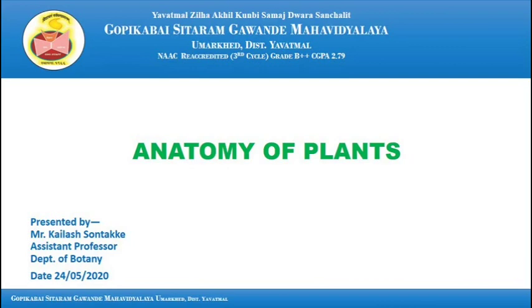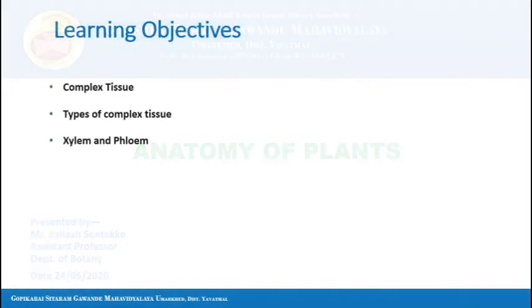In my previous video, we have seen anatomy of plants, and in that we have seen the meristematic tissue and simple permanent tissue. Now the remaining part we will see in this lecture. So before going forward, we will see today's learning objectives, what we will learn today. Firstly, we will see what is complex tissue, then the types of complex tissue, that is xylem and